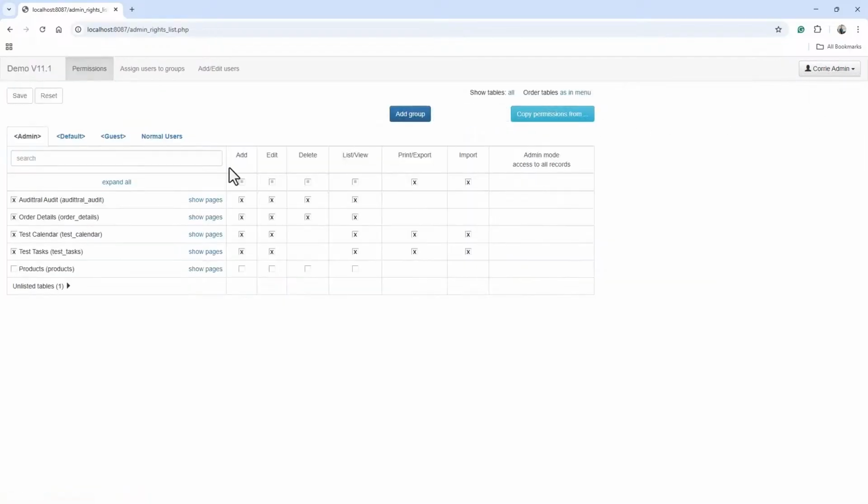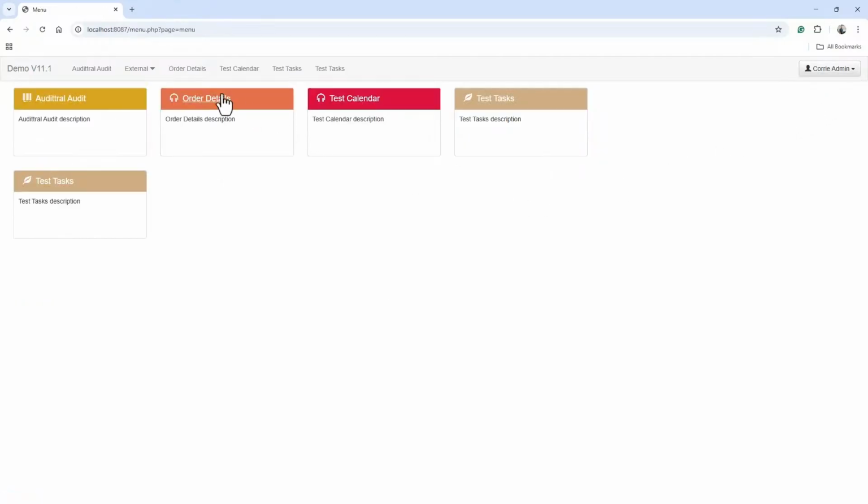Oh, I must first go and add the products now to the administrator, but it's only going to be the edit page because we don't have an add. Okay, so the same for the normal users, perhaps, whatever, it just makes sense. Okay, save this.